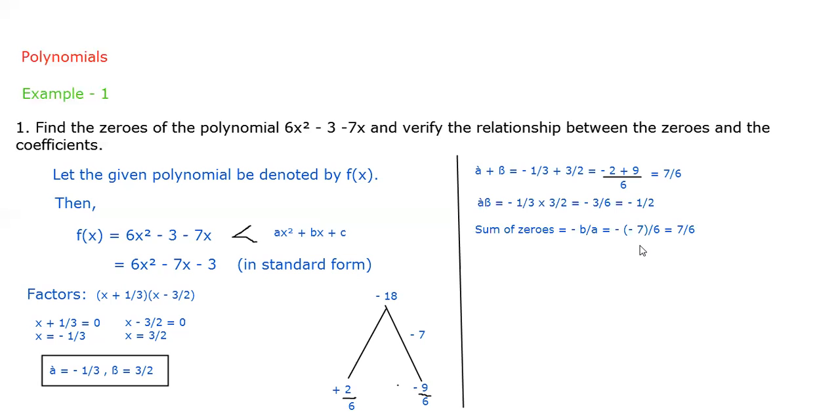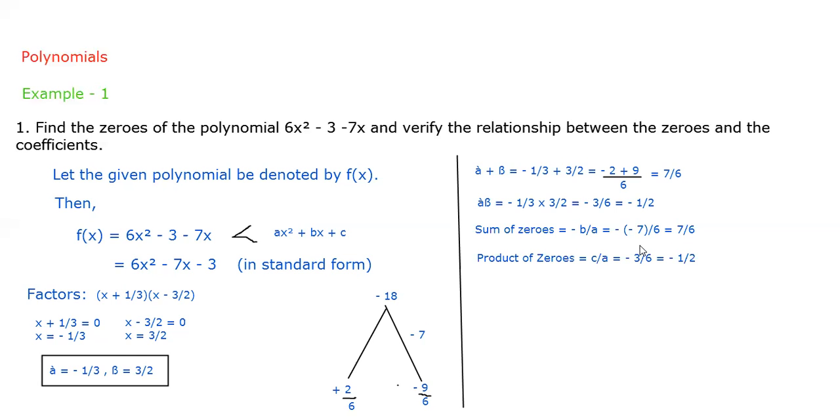Now let us see using the formula. For finding the sum of zeros, we have a particular formula, which is −b/a. In this sum, our b value is −7. Just see, the b value is −7, but in our formula it is −b, so we must take minus of −7 divided by a. The a value is 6. So +7/6. I repeat, it is minus of −7 because the b value is −7 and in front of b you already have a minus. So minus into minus is plus.